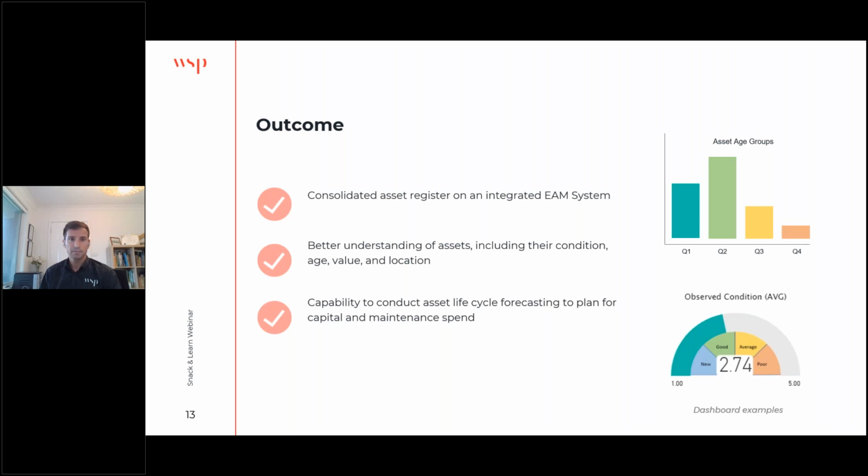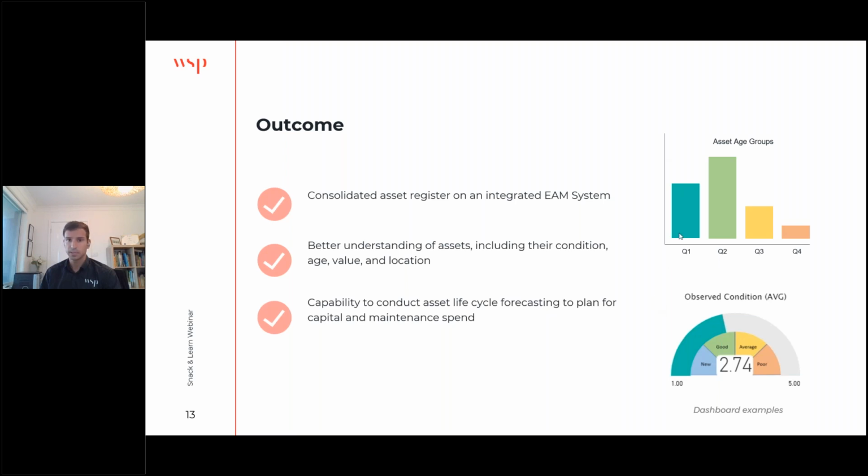Next, having information about the asset condition, age, value, and location also enabled the piloting of a dashboard that gives leadership a clear, easy to understand overview of their port's assets. Through this, you could see which asset classes presented the greatest risks, maybe due to their asset condition or age, and the estimated replacement values and when they may need to be replaced. Refer, for example, to these two dashboard images on the right.